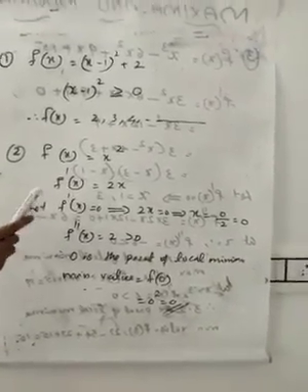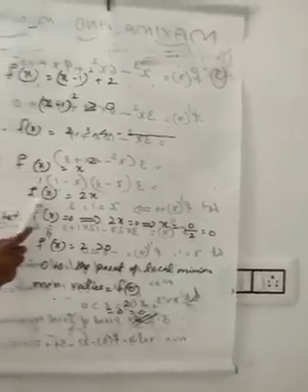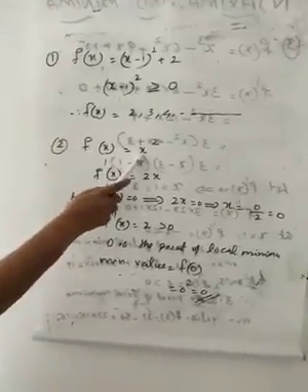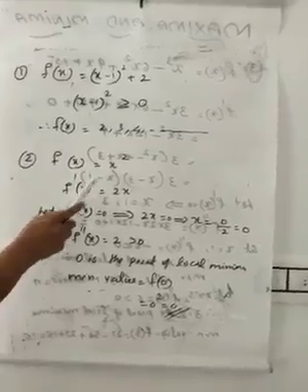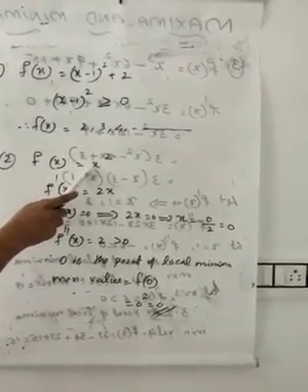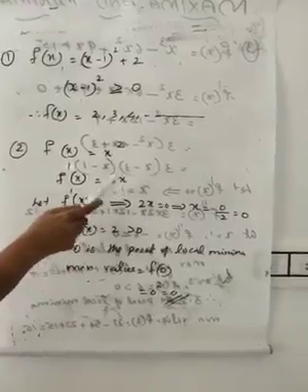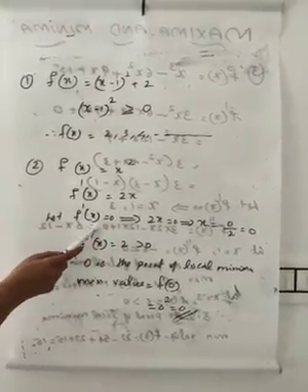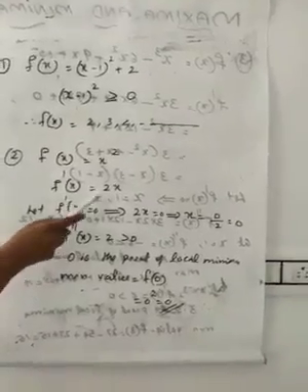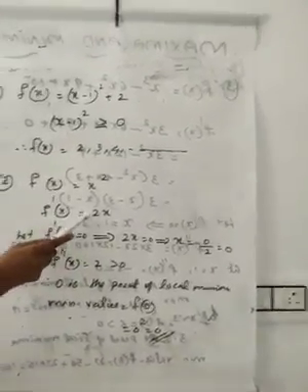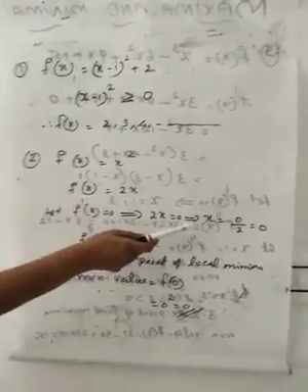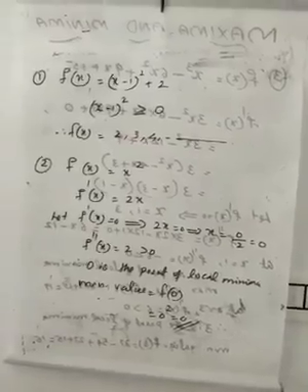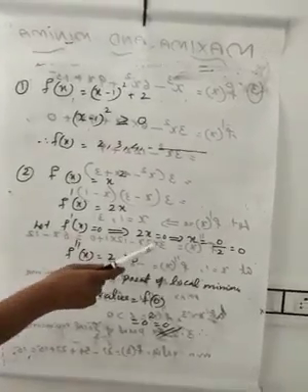And the steps for the second order derivative test: first find f dash x, the first order derivative. f of x is x square. What is f dash x? Derivative of x square. What is the derivative of x square? 2x. The next step, find the value of x when f dash x equal to 0. Okay, f dash x equal to 0 implies 2x is 0. If 2x equal to 0, what is the value of x? 0 by 2, 0. And we got the point x is equal to 0.